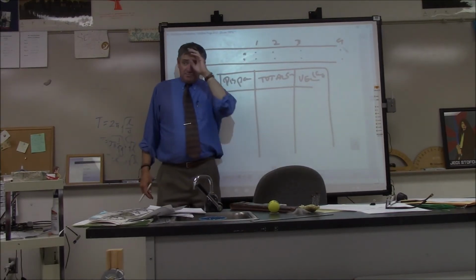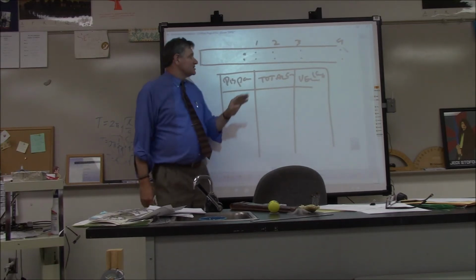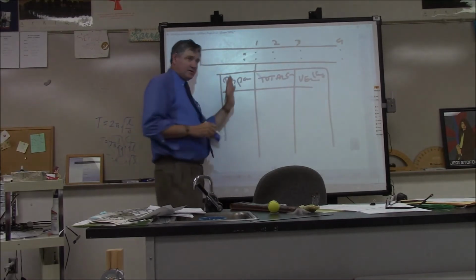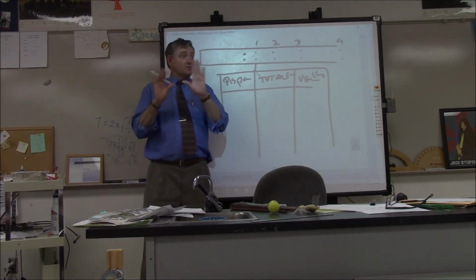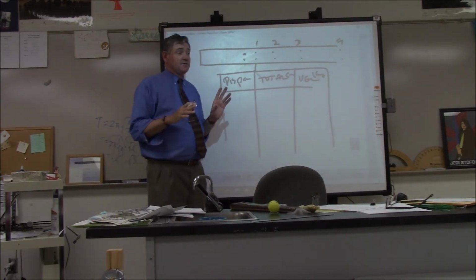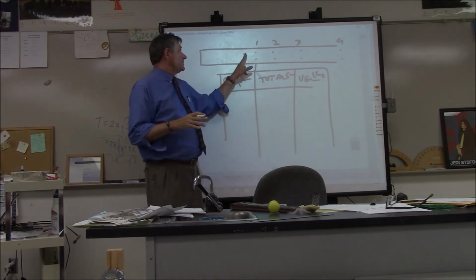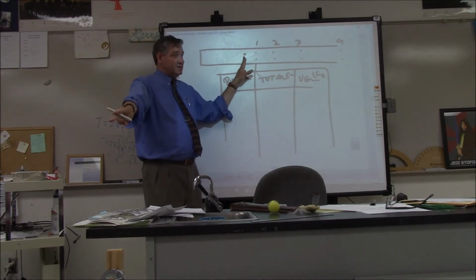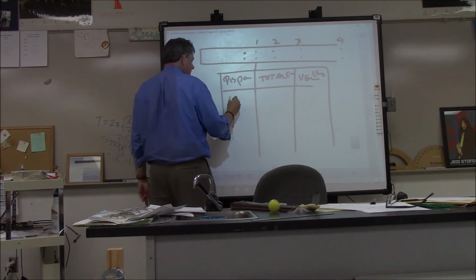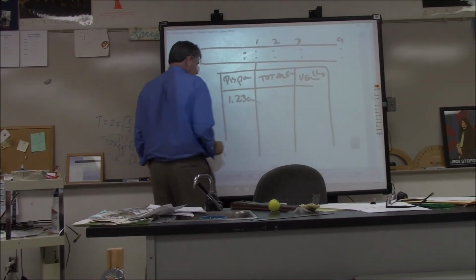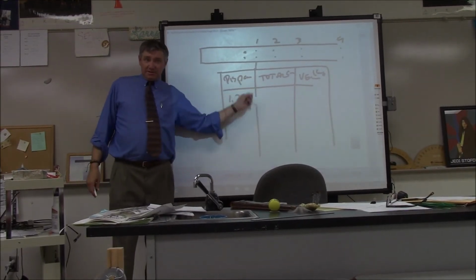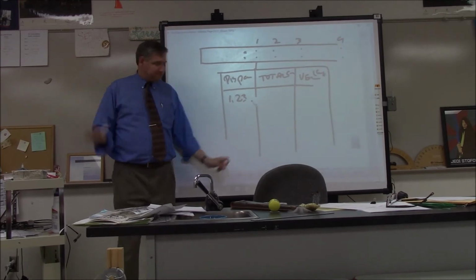We're going to work in centimeters because these are going to be really small distances. So what you're going to do is measure the distance between where you started and that first interval. Okay, you're going to use metal rulers. They're pretty high precision. You know the tenths, and you're going to estimate the hundredths. Great? Wait, what are the dots before the first? This is where it was making the dots before I turned on the machine. Oh, okay. Make sense? Yeah. So you're going to measure this, and let's say that's 1.23 centimeters. Now, you don't have to write centimeters here, because I already told you what this column is measured in. If you want to, that's fine, but you don't have to.